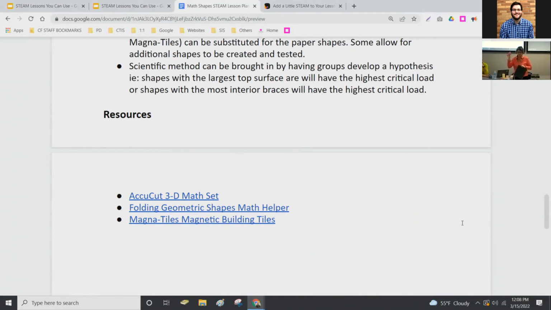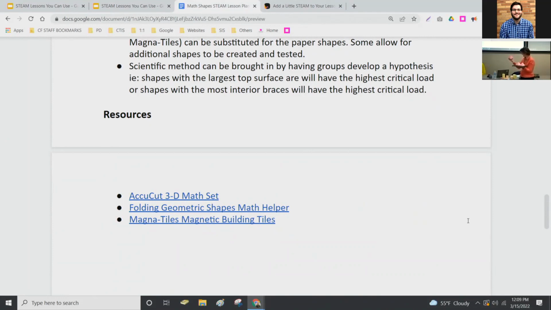And then a pyramid. So for this example, you can ask the kids, what's the critical load on that? And is it more if you start putting more shapes together? Does that have a higher critical load kind of thing? But you can also ask your kids to figure out the volume, the what do you call the outside? Surface area. Surface. See, right? He's the math guy.